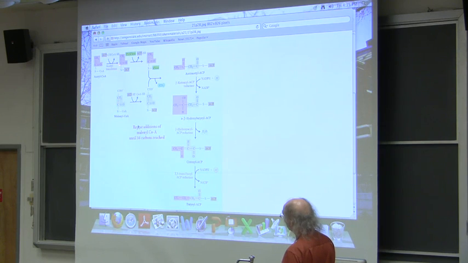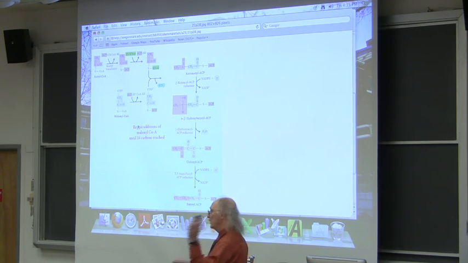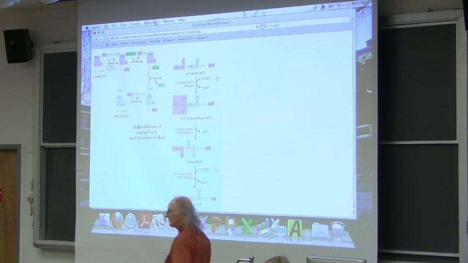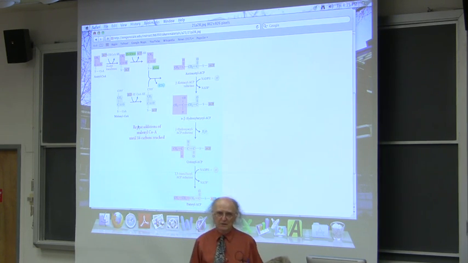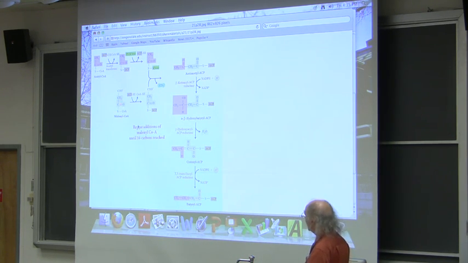So 2 carbons plus 3 carbons gives us 4 carbons plus a carbon dioxide. The carbon dioxide goes away. We don't care about it. There's a 4-carbon piece. Okay? Now, this looks a little bit like ketone body synthesis, except we used a 3-carbon intermediate instead of a